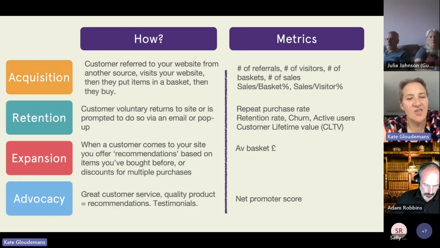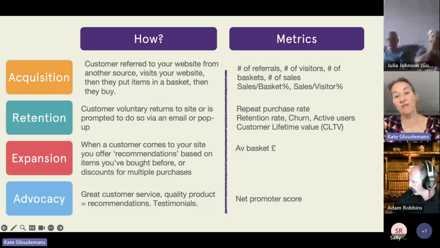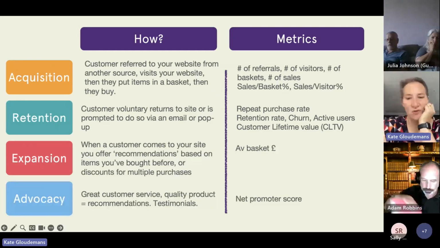And advocacy, that's just, good customer service and a quality product should in theory drive advocacy. So it's something that you should be striving for. But if you've got testimonials that you can add to your website or that you can put on social media, all that is good stuff that is helping tell people, look, I've got, or reviews on Google, for example. Okay, so